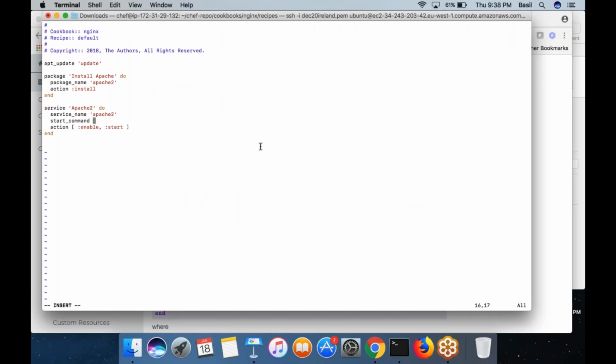That's a good thing with chef. You don't need to put the command here, service apache2 start. If you mention that, then when you do the start action, this is the command chef would use. Basically, it will run this command on the remote node, which will start Apache. I'm not doing that actually because chef will automatically do that.